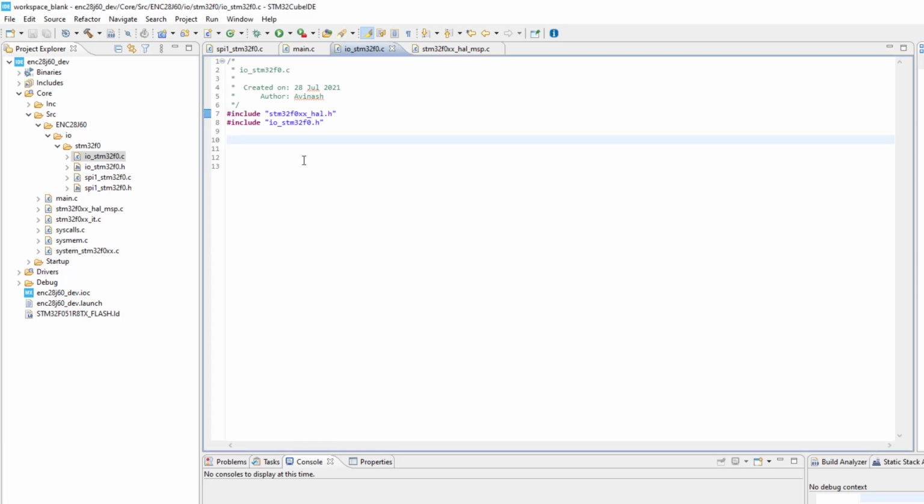So the first function will be like this. This function will be responsible for initializing the GPIO.